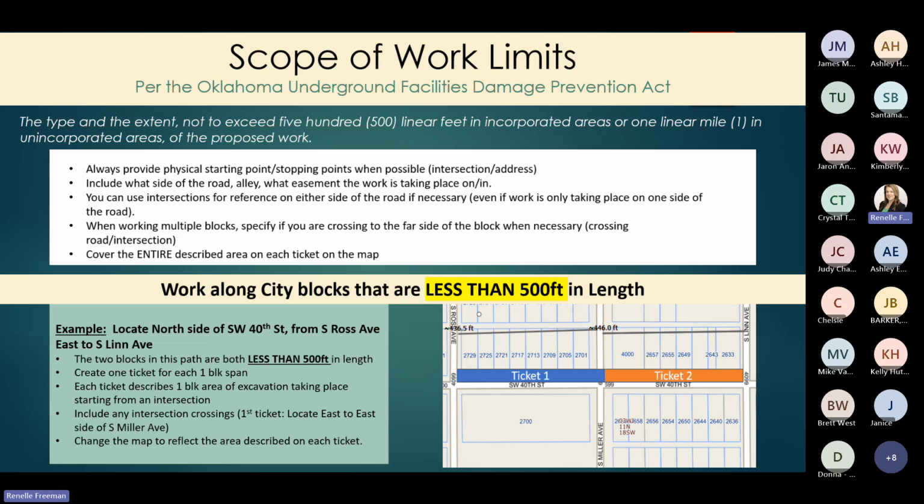And we're going to talk about some examples. But first off, some general rules of submitting those tickets is always provide a physical starting point and stopping points when possible. That can be an intersection or an address. Again, like we've talked about already, include what side of the road you're working on. If you're working in the alley, is it both sides of the alley? Is it one side of the alley? Is it in the alley? If you're in an easement, is it rear easement, back easement, front easement, that sort of thing,